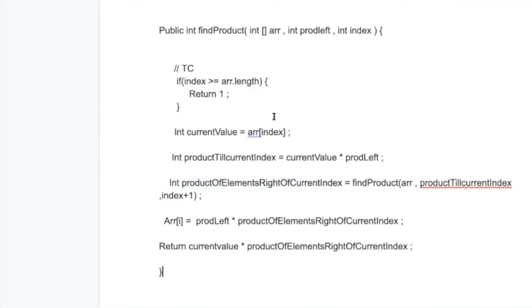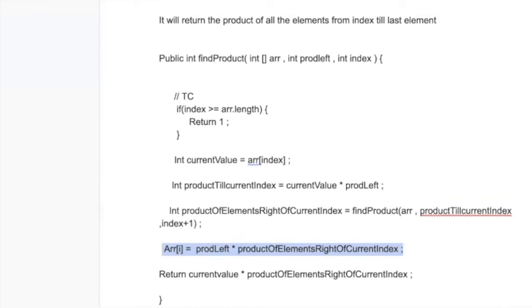By the time this whole recursive function is done, the array elements will be correctly changed. So we are not using any additional array. In the same array, we are changing each position's element with the corresponding value that is needed. I'll again try to repeat, and then if you have any question, we'll talk about it. We have defined a function which creates the product of all the elements of an array from a given index till the end, and the inputs we have taken are the given array, the product of all the elements to the left of the given index, and the index.